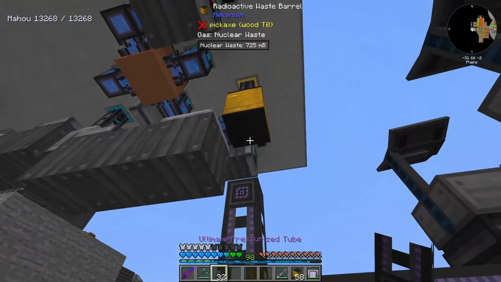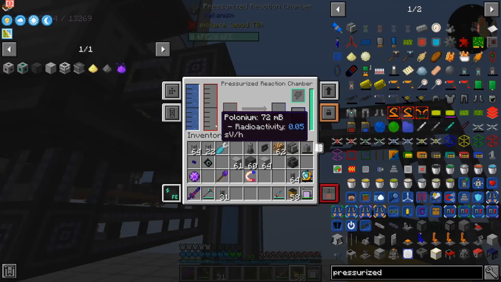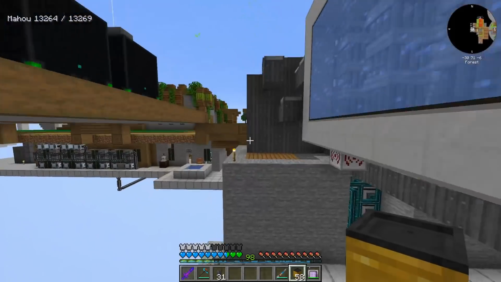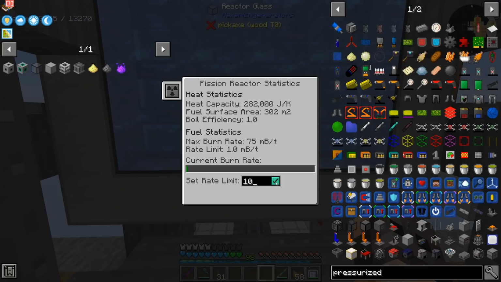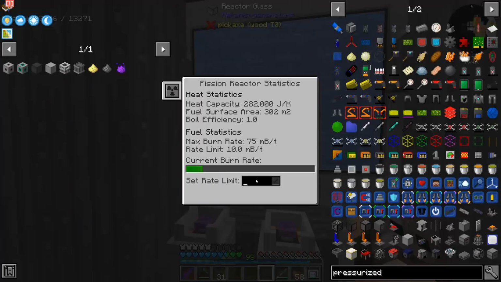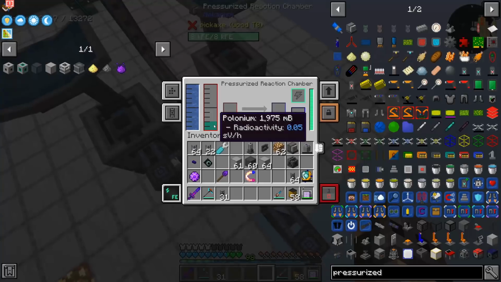But if I'm not wrong, now it is safe to hook things up. Maybe? Where is my waste? Oh, we have polonium, 72 millibuckets. So I think we can just run the reactor. And we're going to increase the burn rate to 10. We should be okay. If that is the case, let us go to, I don't know, 30? Water is keeping up, fuel is keeping up, steam is not very important, and we are getting a lot of